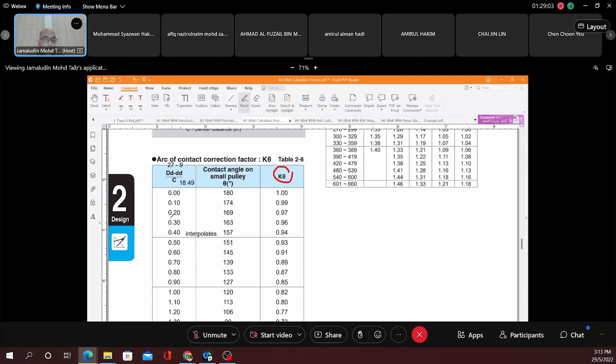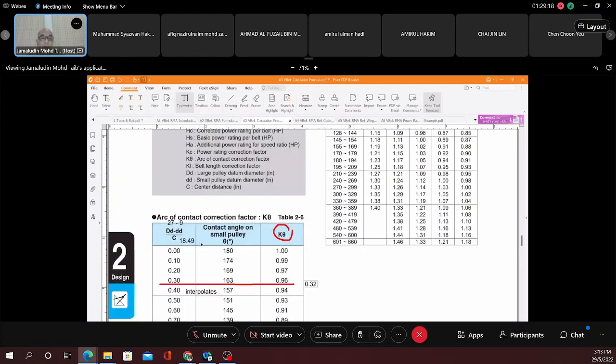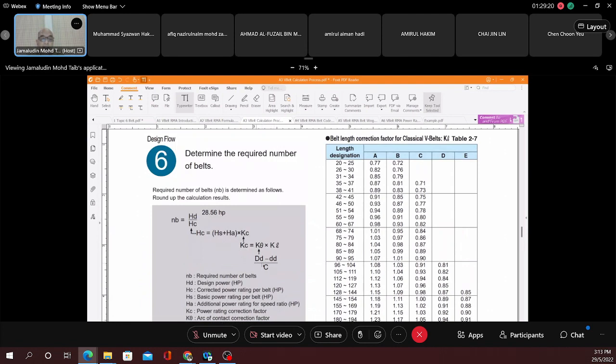If you have 3.32, for example, or 3.4, you need to do the interpolation here. Let's say, for example, I look for the value 0.32. You need to do interpolation. That will be the K theta here. KL is